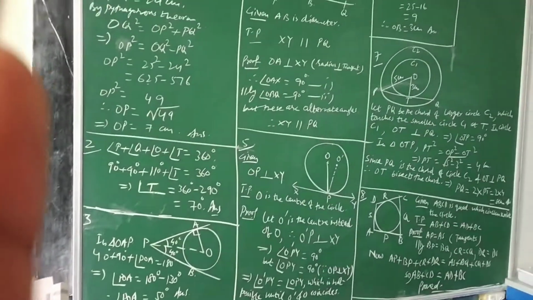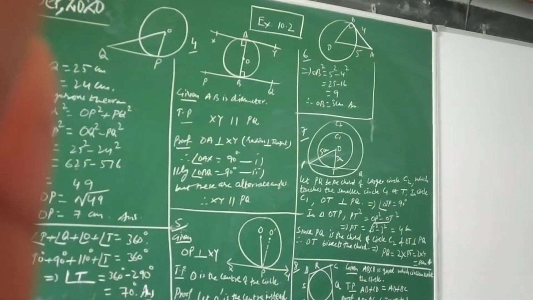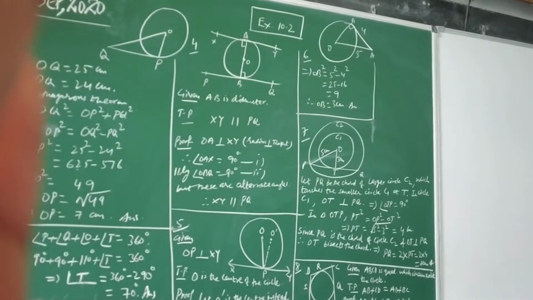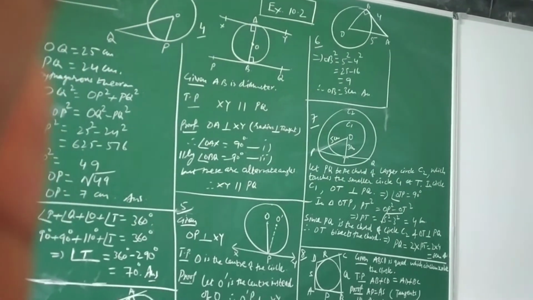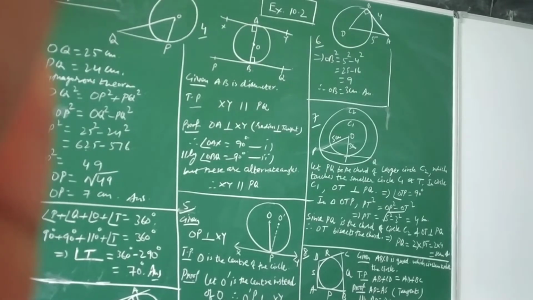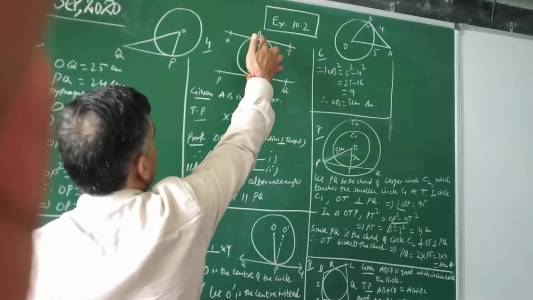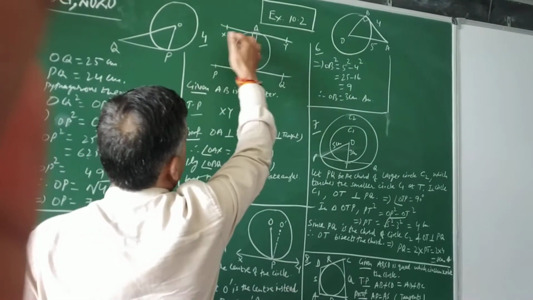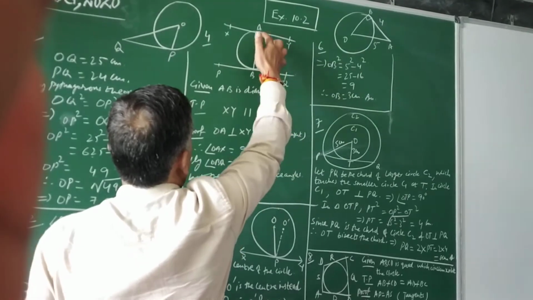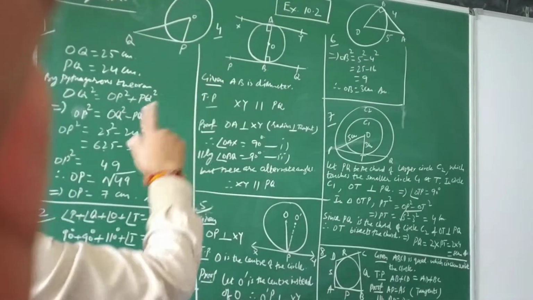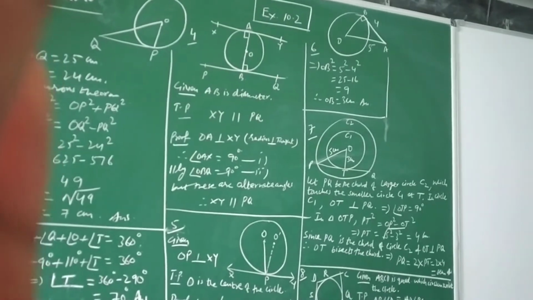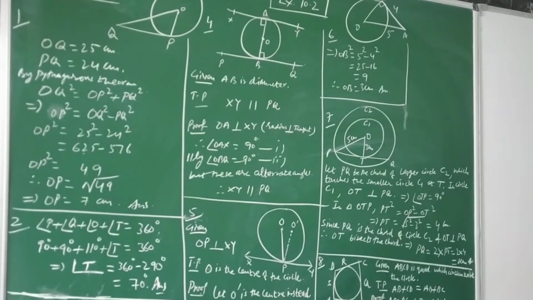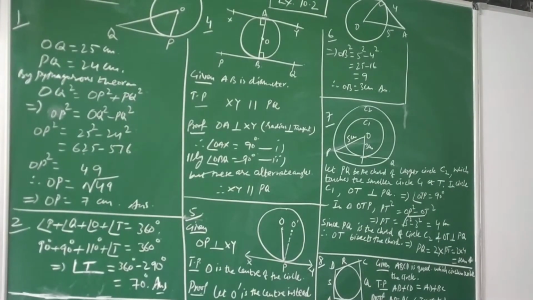In question number 4, prove that the tangents drawn at the ends of a diameter of a circle are parallel. Already I have explained to you during the first exercise that at a maximum, we can draw two tangents parallel to each other at a time. So here you are given the diameter AB, and you need to prove that XY is parallel to PQ, because A and B are the end points of the diameter, and two tangents are drawn at these 2 points, and we need to prove these tangents are parallel to each other. When you need to prove parallel lines, you have 3 options available with you.